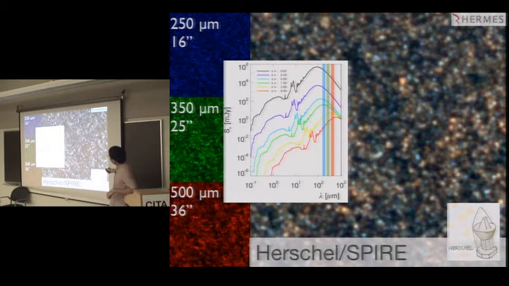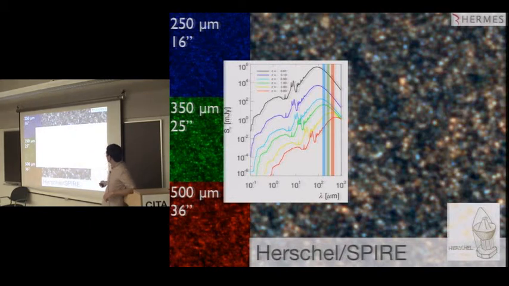These are the 3 SPIRE bands next to the SED of dust. And what's happened here is this is the rest frame dust SED in black. And as it redshifts, it gets fainter, right? As something gets farther away, it gets fainter. But what's happening is this peak is shifting into these 3 bands here. So it wasn't an accident that these 3 bands were chosen to bracket the peak of this dust SED at high redshift.